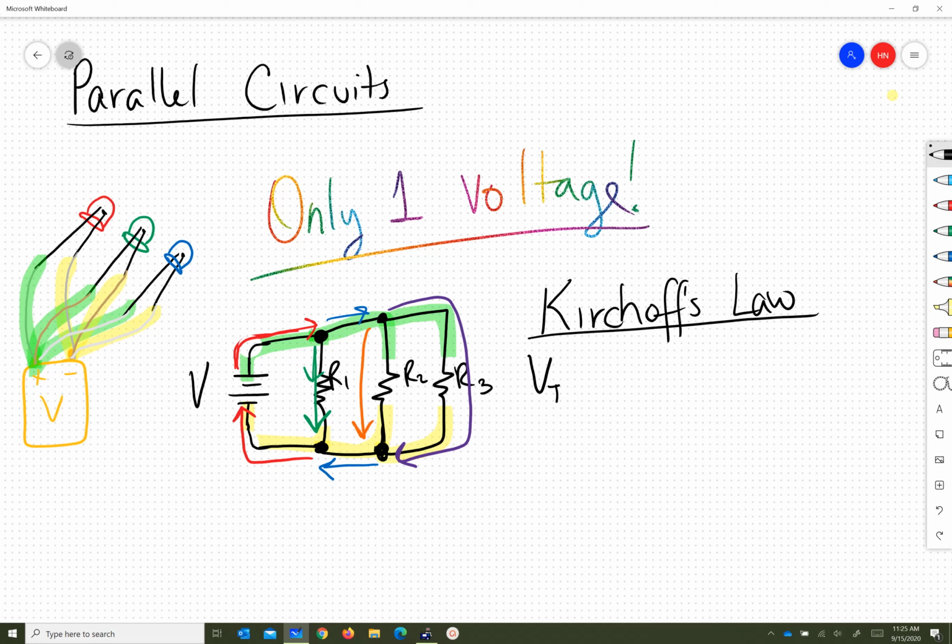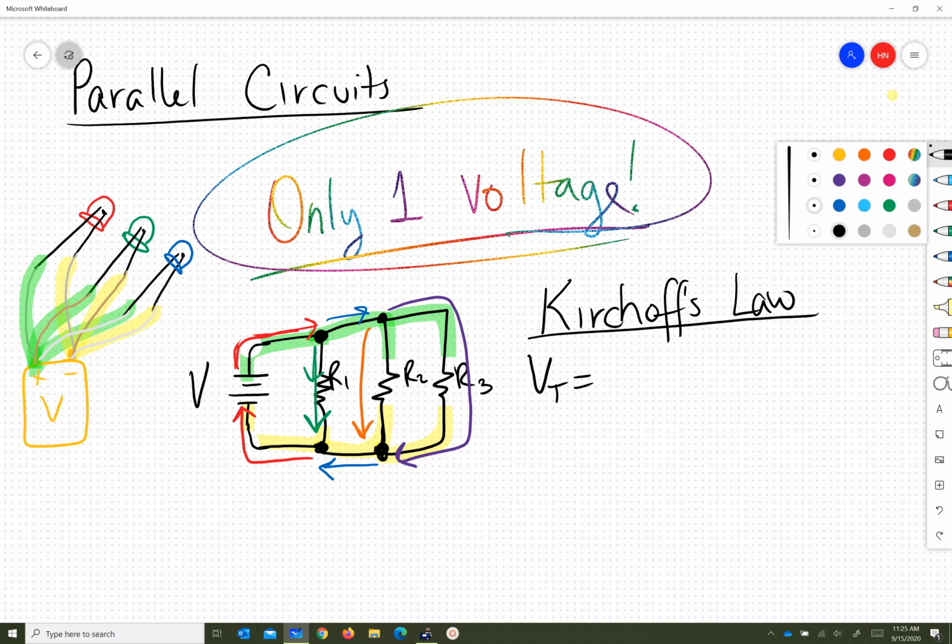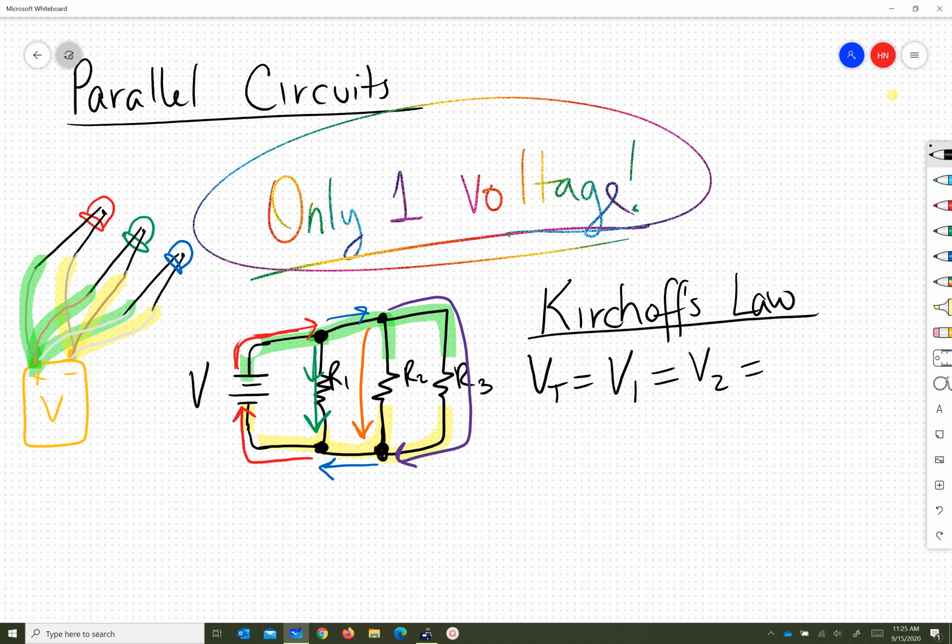Again, for total voltage, because there's only one voltage, and I want to emphasize that, the voltage at each device is the same, because notice they're all connected to the top on the green highlighted wire, or the bottom, the yellow highlighted wire. So I'm going to put equals, and if you have as many as you have, they're going to be exactly the same voltage because they're all connected directly to the battery. For the current,